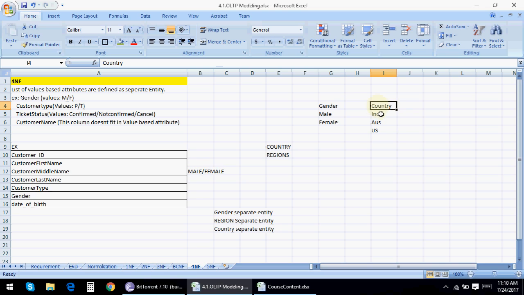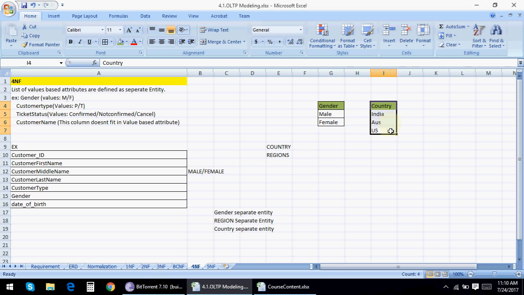The columns which have a predefined list of values, such columns should be separated from the base table, I mean the normalized table, and those should be placed in a different table. According to fourth normal form, gender should be a separate table and country should be a separate table. That's what fourth normal form demands.